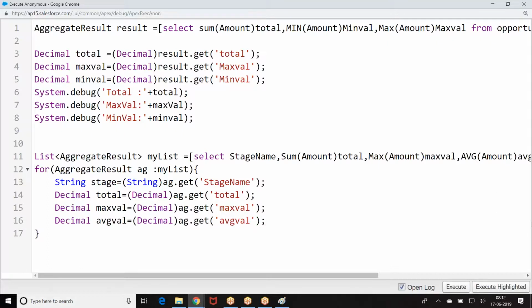That is that. Now why is it a list? Because I applied a group by, we are going to get one value for every group.